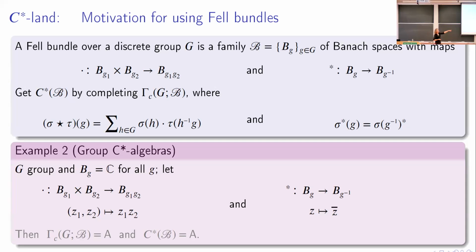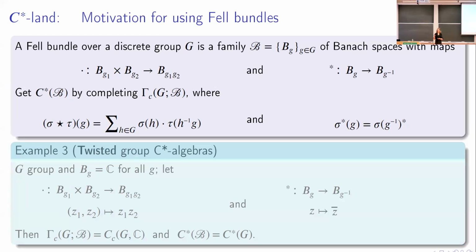Same with the involution, right? The only thing I do is change what fiber I'm over. This time, the sections of that bundle are just the functions defined on my groupoid or group that I start with. And the C-star algebra is the group C-star algebra. And you can do this for groupoids just as well. Now, in the last talk, we've even seen twisted group C-star algebras. And these can also be modeled by Fell bundles.